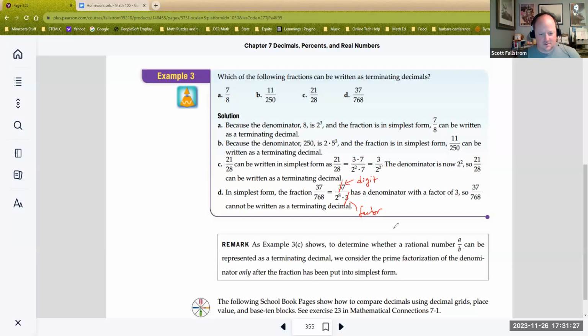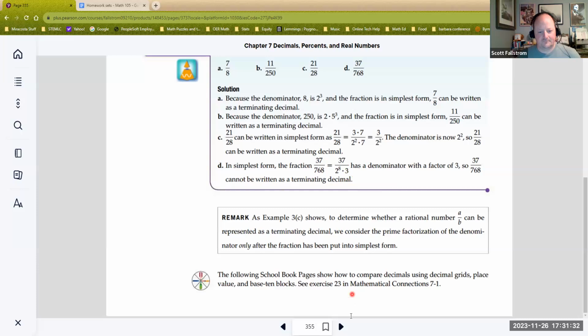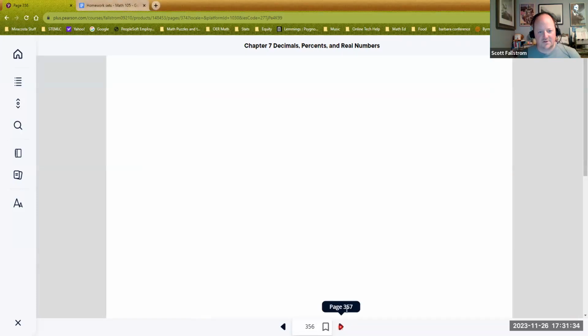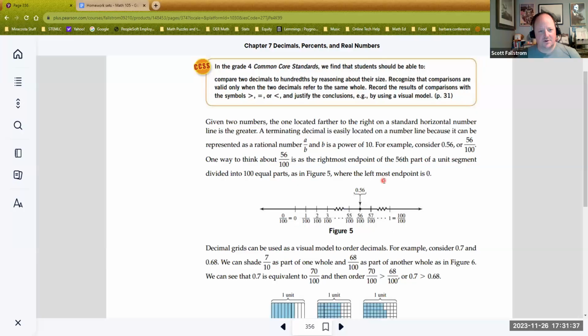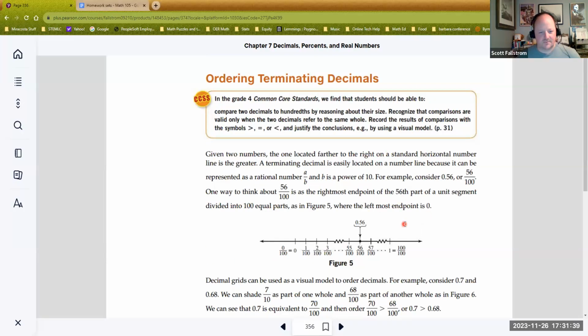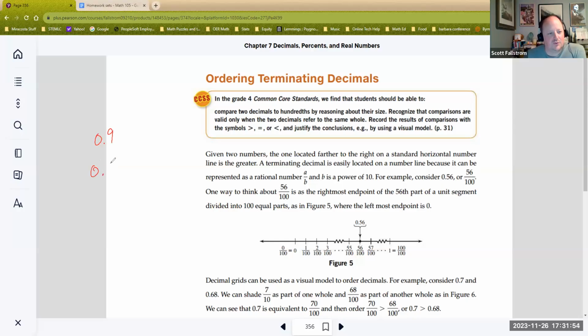All right, let's take a look at what comes next. Clear those drawings out of here. And here's using decimal grids and also ordering terminating decimals. So just understand, a lot of times students will look at the decimal part, and because you're saying numbers, they will see things differently. I'm not gonna lie. So example, if I said 0.9 and 0.44, right? If you look at this first one, we would say this is